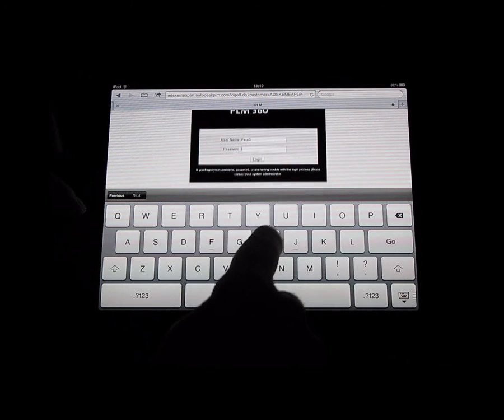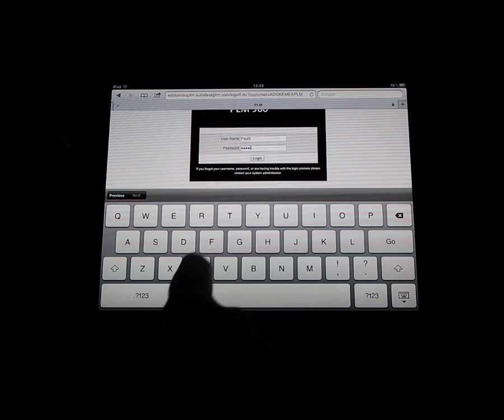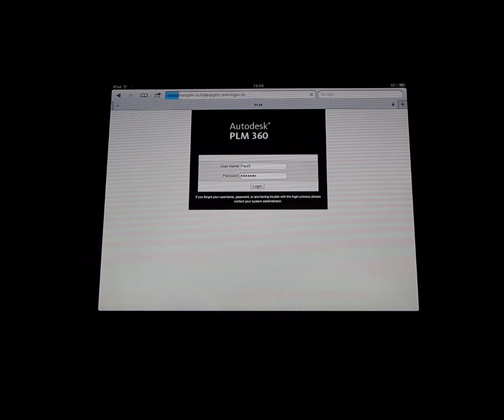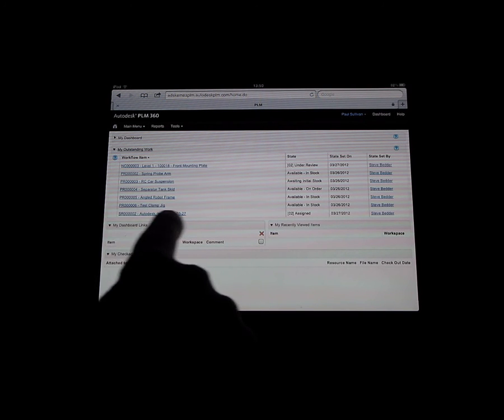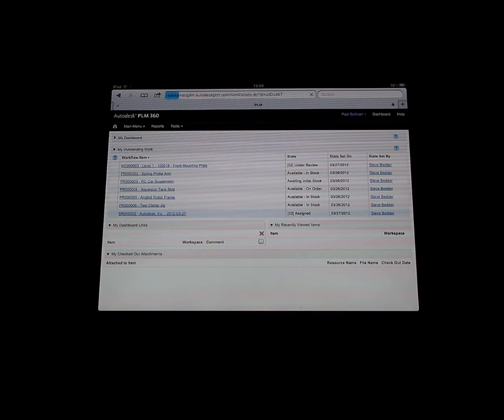I can use my mobile device. In this case, I'm using an Apple iPad, but we could quite easily use an Android-based device or any browser-based mobile, where I can log in as a service engineer, and within my outstanding work, I now have that service request,